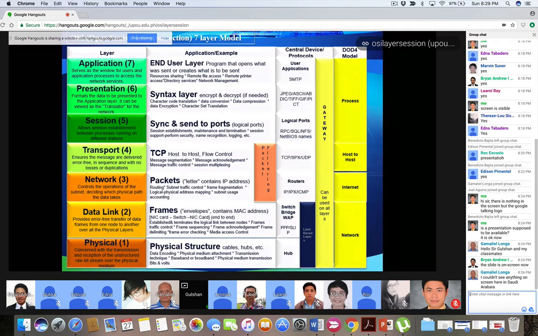This is the layer where your network cards come in the picture. Your network cards have an associated MAC address. It's not in the machine, it's always the MAC address of the network card.